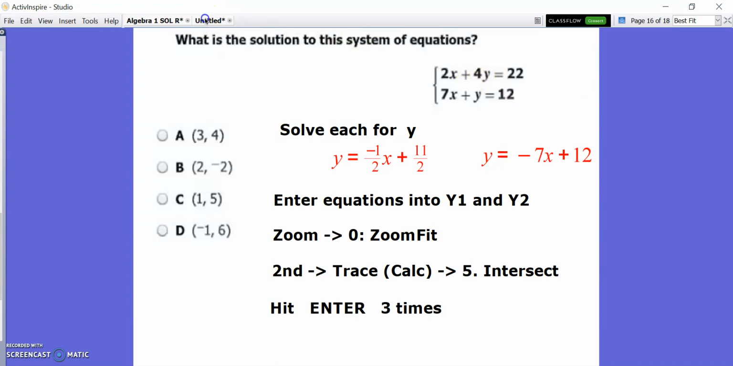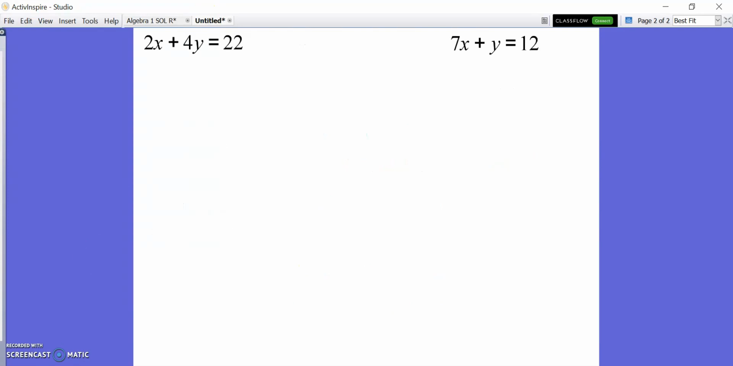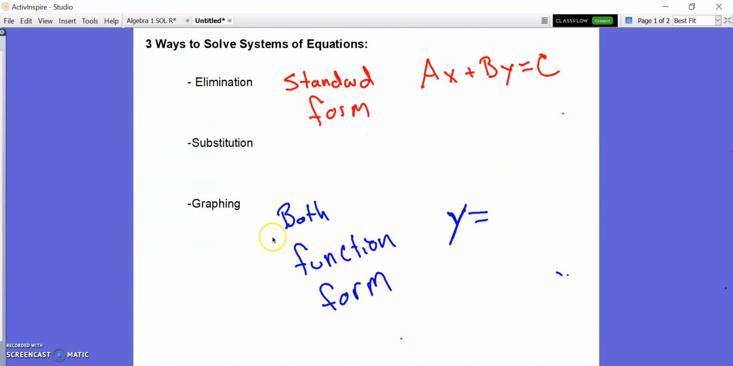Before we jump in, we need to know the three types of solving a system. So it's elimination, substitution, and graphing. Elimination is best to use when they're both in standard form, which look like this: ax plus by equals c, so the x and y term on the same side. Substitution is best when you have one of the equations already solved for a variable, so maybe y equals something or x equals something. Graphing is best when both are in function form,